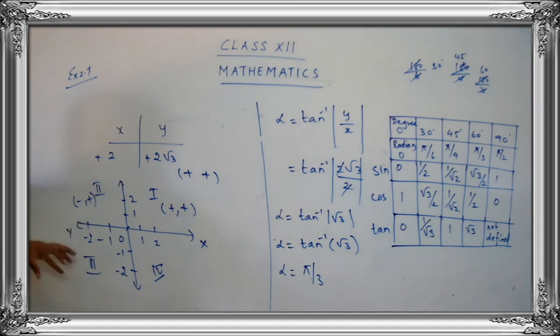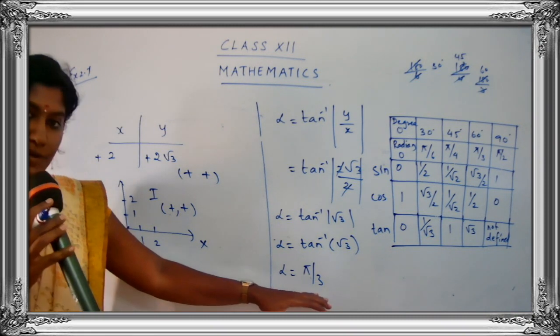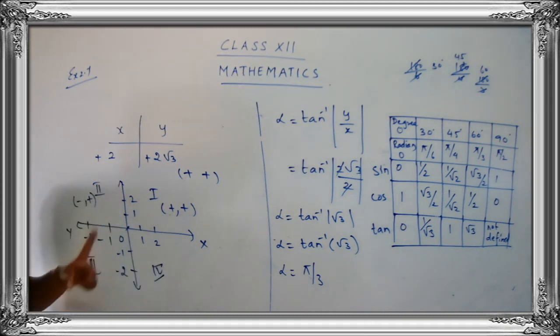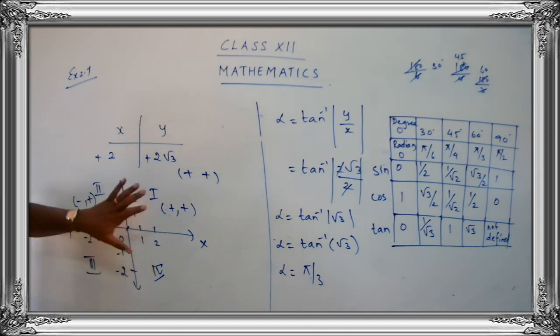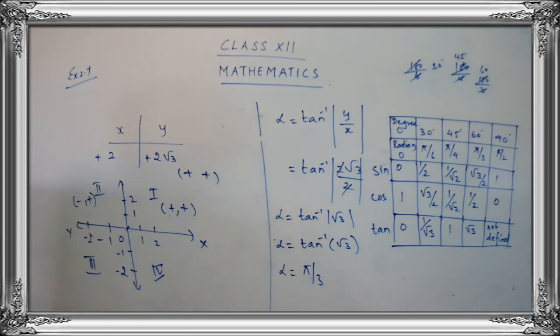Some children may feel that ma'am is just giving this, we know all this, but you may make a mistake over here. So you have to be very careful with the signs, because if you make a mistake in choosing the quadrant, the remaining part goes wrong. You may get a correct value till here, but if you choose the wrong quadrant, everything goes wrong. So be careful, you have to be clear with the quadrants. If you get a plus plus value, the complex number lies in the first quadrant. We always follow the x part first and then take the y part. So minus plus.